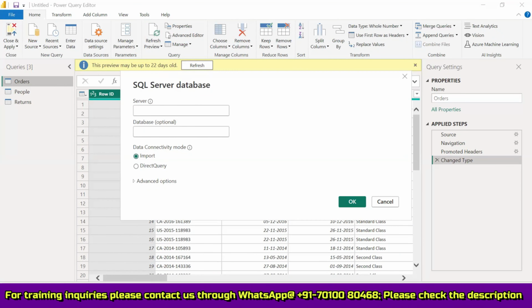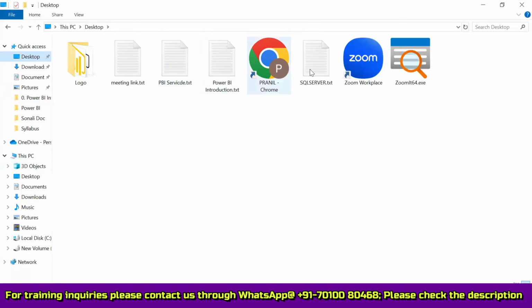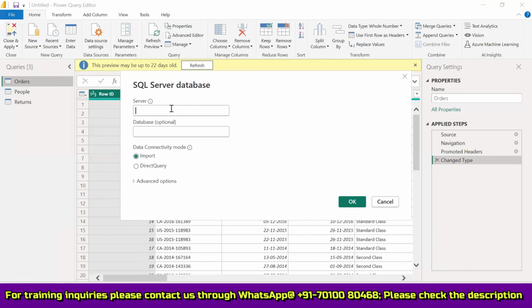I'll show you what server details look like. I'm not able to open it from here. Let me go to SQL Server. Okay, this is my server name, this is how it looks. The first part is the laptop name, and this is the server name which I've kept, PS server BI, Power BI. The second field is the database, which is optional. If you don't put it, it is also okay. Now if I click on OK,